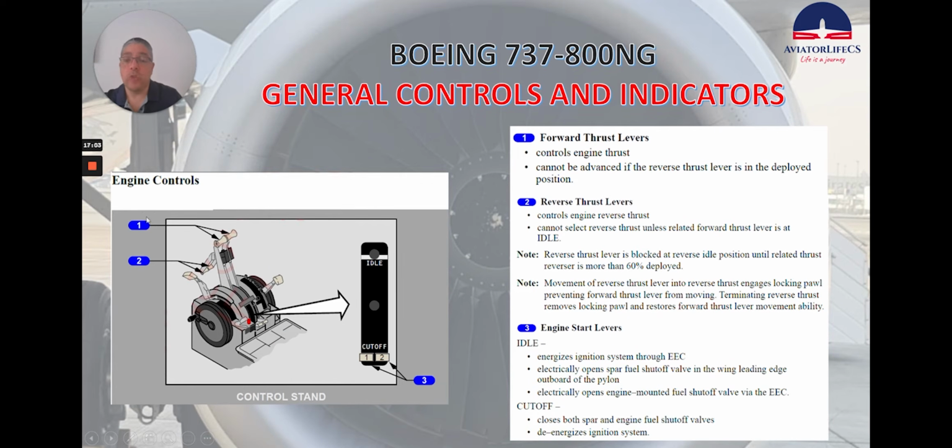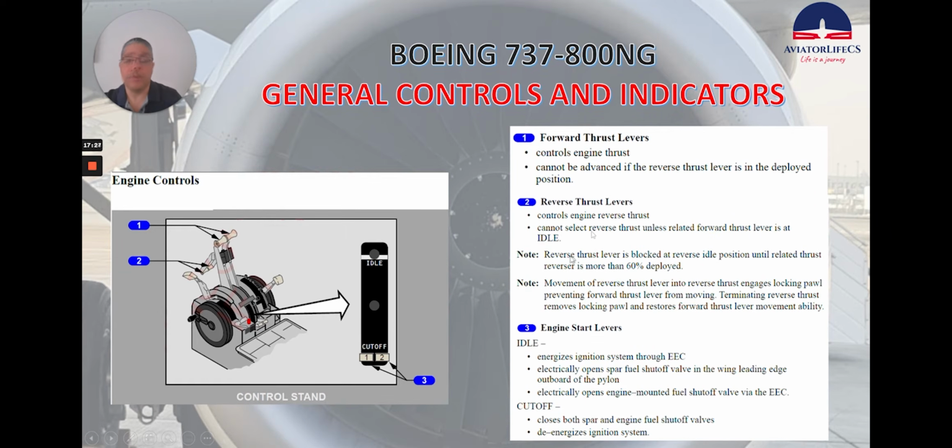Number one is the forward thrust levers, controls engine thrust, cannot be advanced if the reverse thrust lever is in the deployed position. Number two is the reverse thrust levers, controls engine reverse thrust, cannot select reverse thrust unless related forward thrust lever